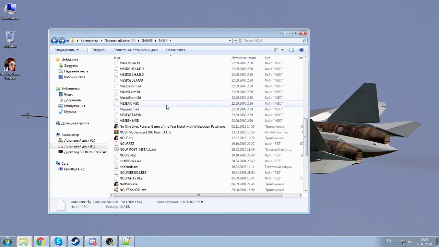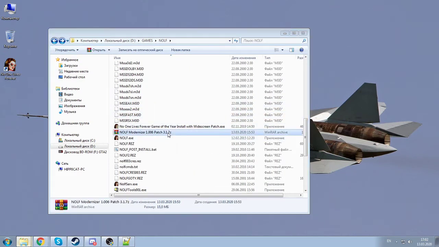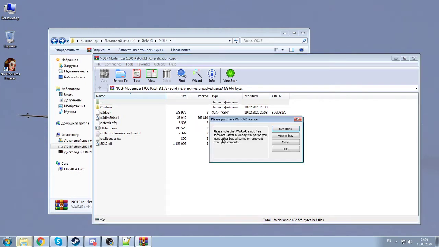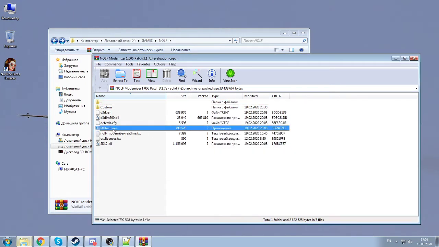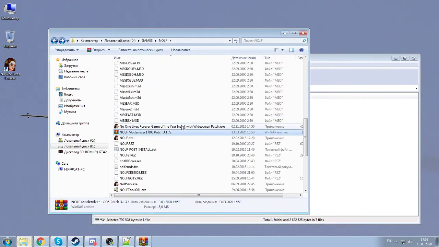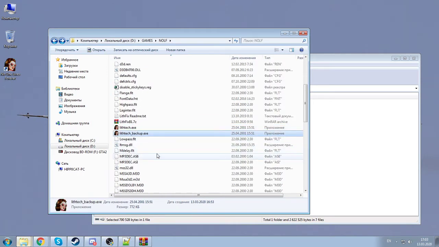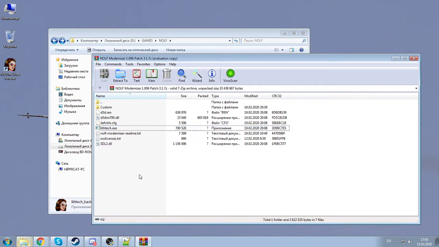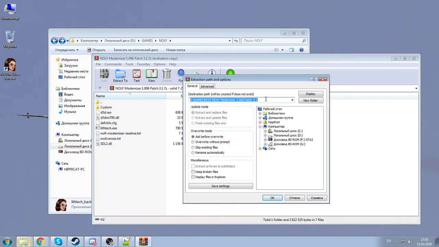So when you get the Modernizer, just unpack it into your game folder, but keep in mind that Modernizer changes your liststack.exe file. So if you want to go back to lithfix version, you may want to make a backup of your liststack.exe, or maybe just reinstall the game completely to make sure it's fit for speedrunning. So just extract everything to your game folder,